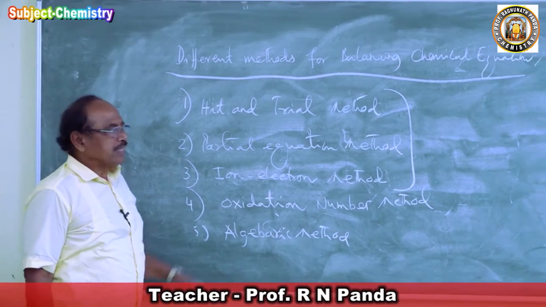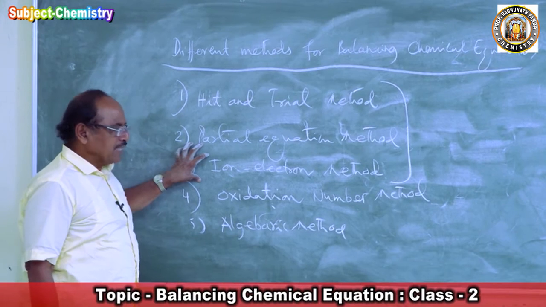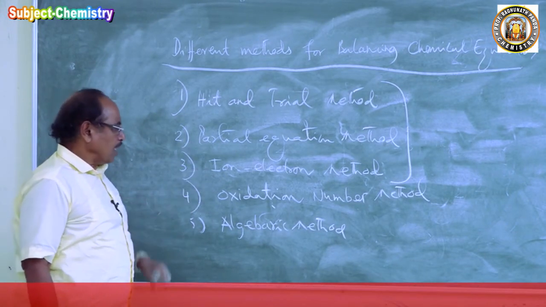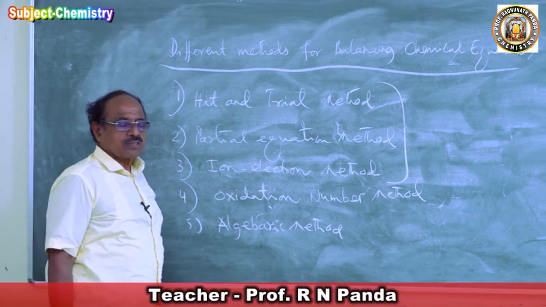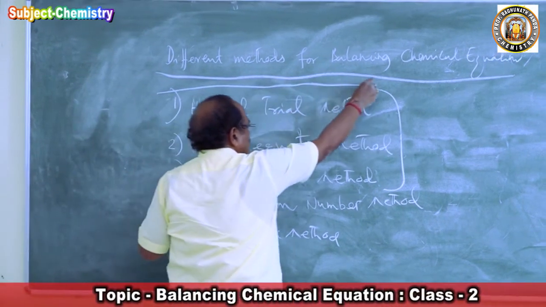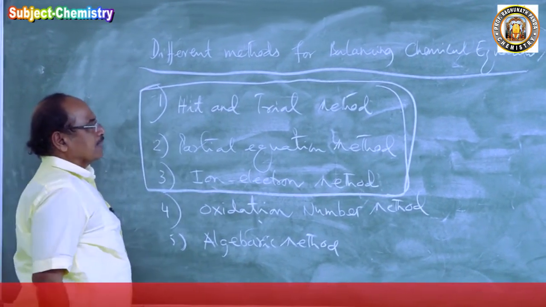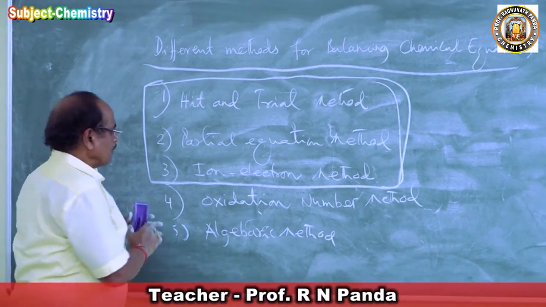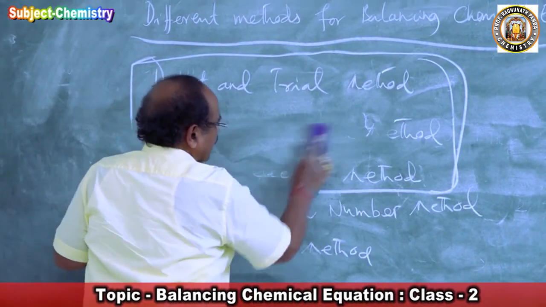We will first discuss the hit and trial method, second the partial equation method, third the ion electron method, fourth the oxidation number method, fifth the algebraic method. By these five methods we can balance almost all equations, and the last two are not that important. The most important methods we have to study for our plus 2 level are the hit and trial method, the partial equation method, and the ion electron method. Now let's first study the hit and trial method of balancing